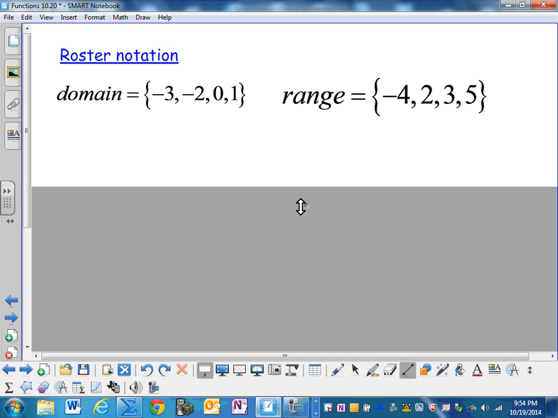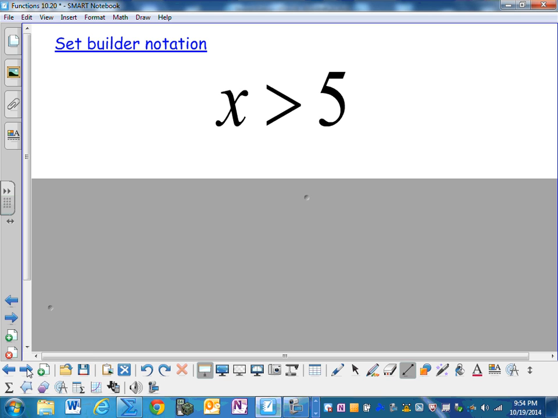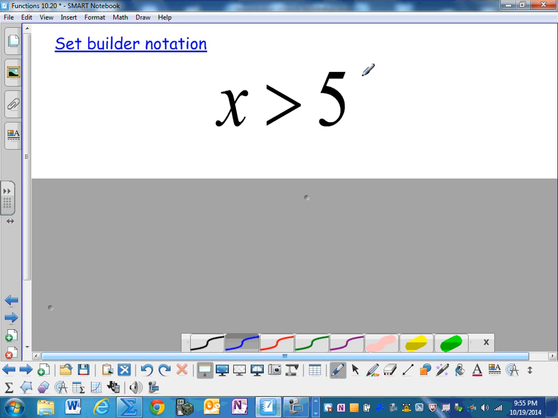Right, to switch gears here, we've been talking about roster notation. We've been using roster notation to write the domain and the range of a discrete graph. We're going to start writing the domain and range of continuous graphs, so we need to know a new notation called set builder notation. Because with continuous graphs, we're going to be using inequalities because it's going to be a whole range of numbers. So for instance, if I had a domain where x was greater than 5, if I wanted to take that inequality and turn it into set builder notation,